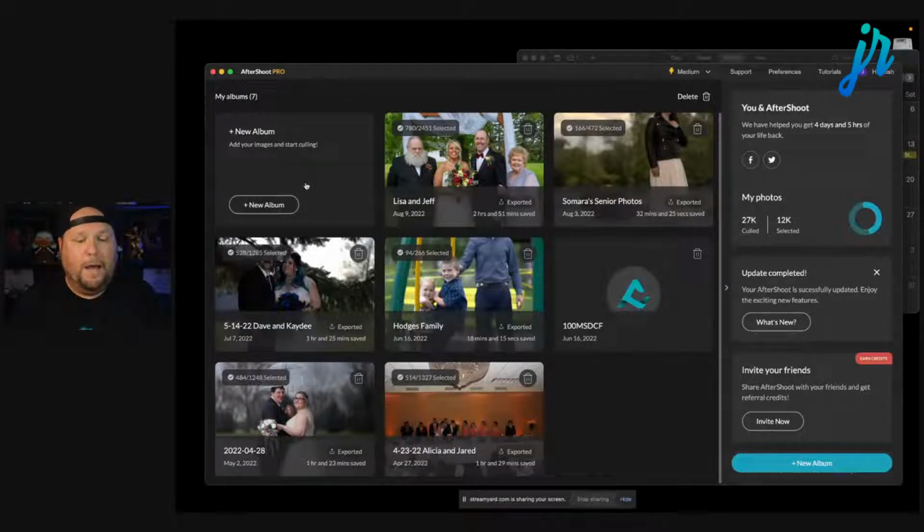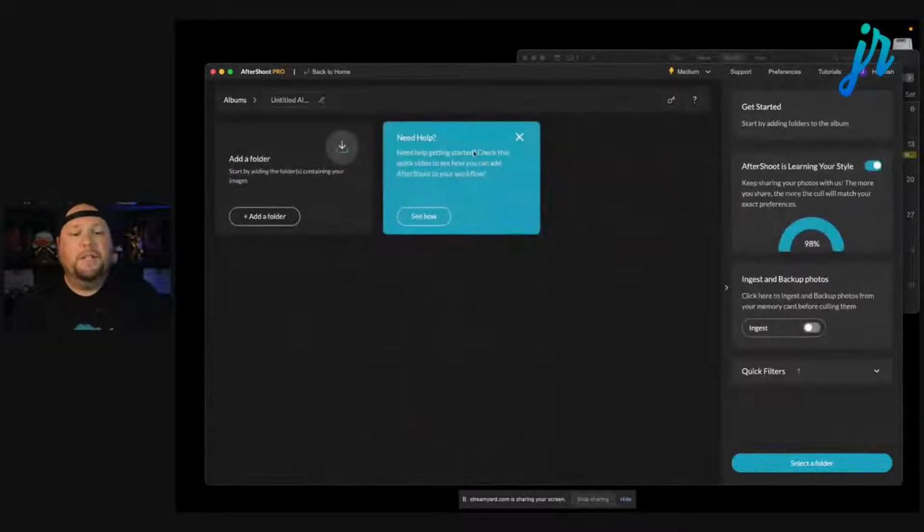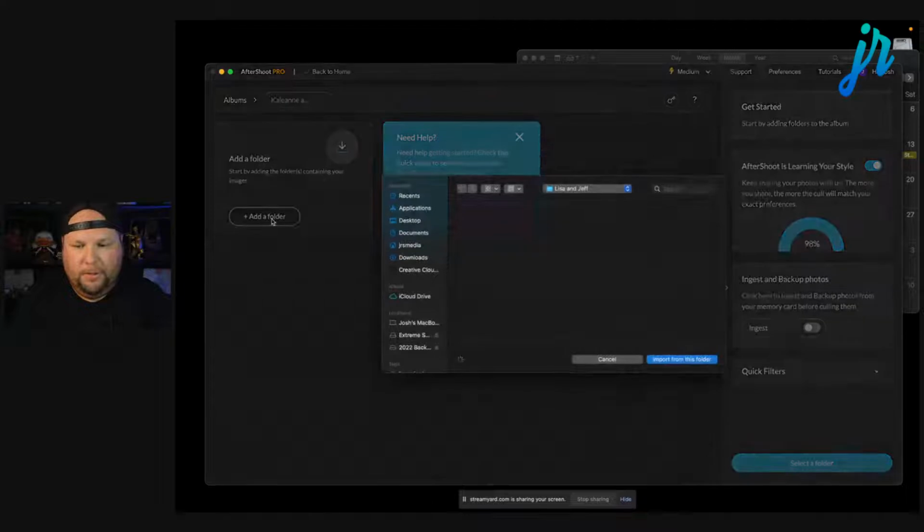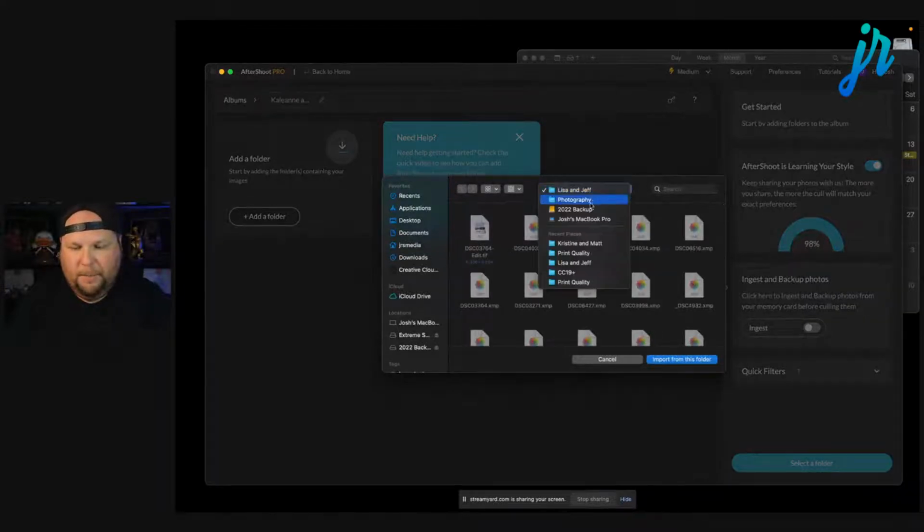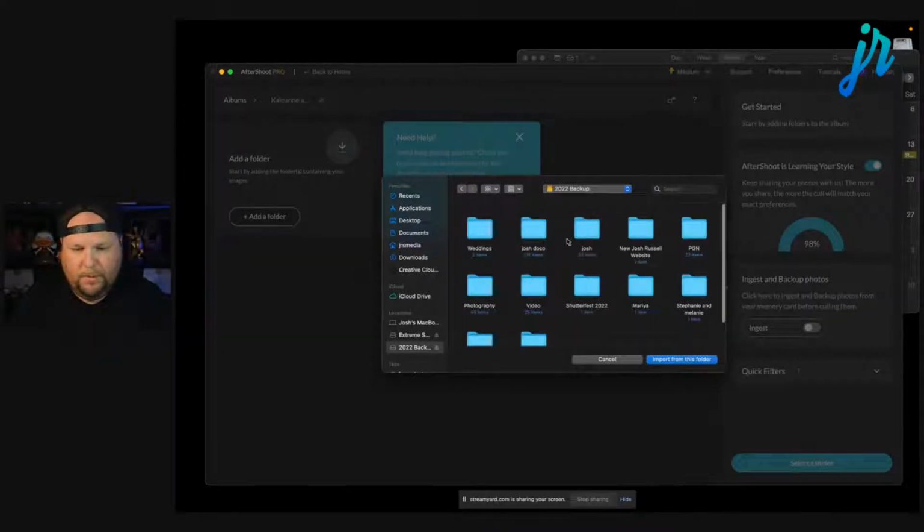I'm going to click New Album, and you're going to see this folder. So you can label this album. We're going to name this Kaylee and Bill, even though it would do that. I know I spelled their name wrong. It would automatically do that with the folder. It'll rename it to the folder. So I'm just going to hit Add Folder. I'm going to find Kaylee Ann and Bill's photos. So it would be under Photography. And then it's going to be,